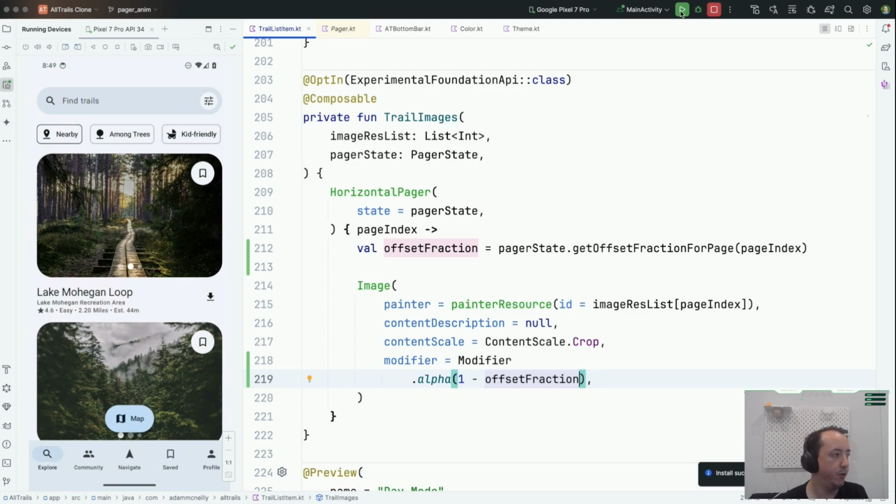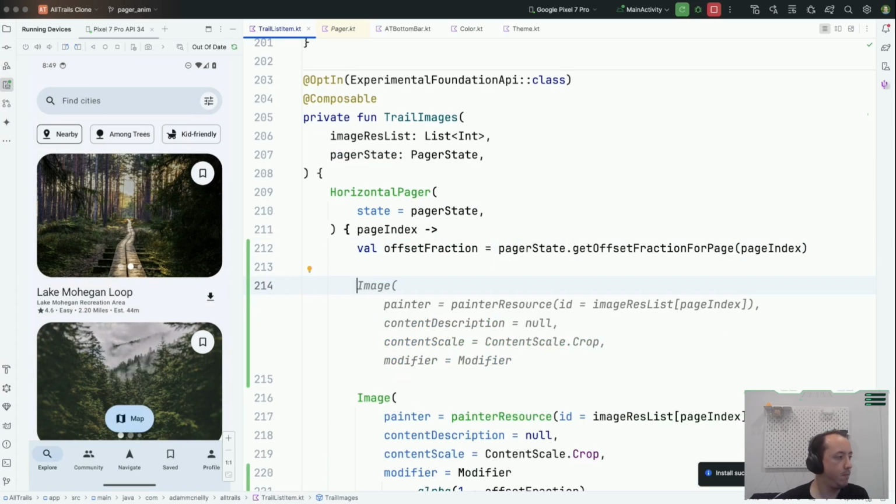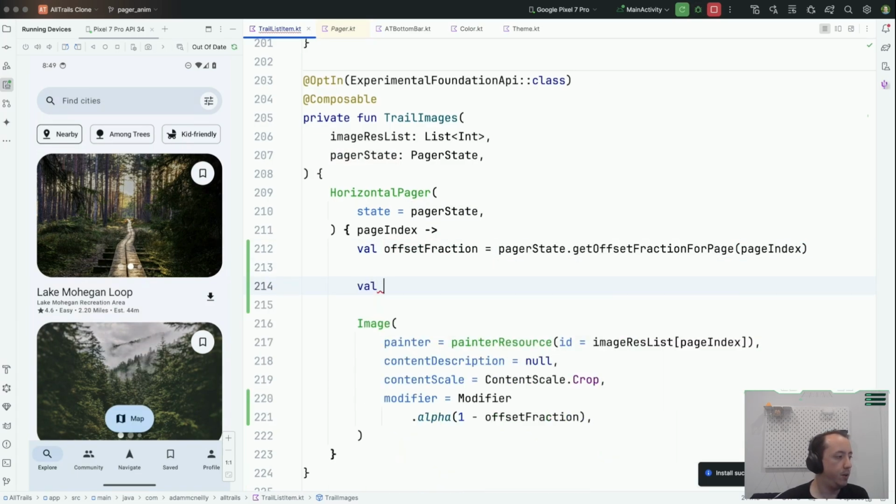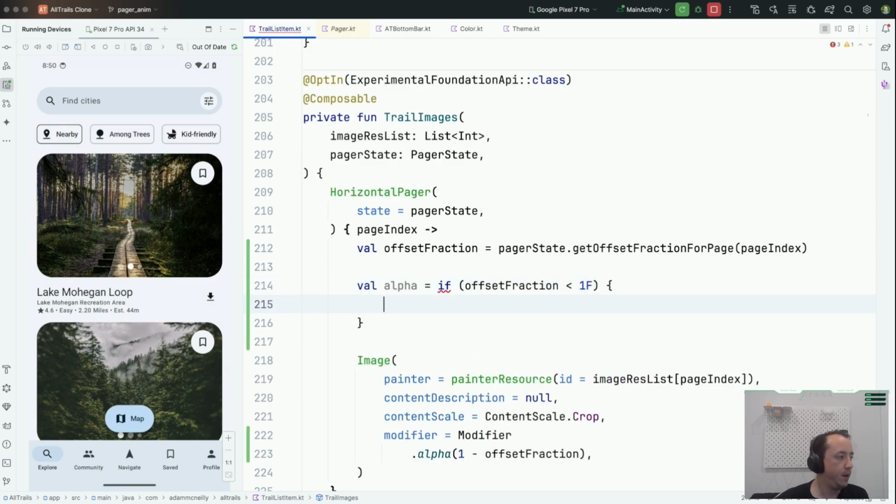What's the mathy way of doing this? Well, alpha could be, if offset fraction is less than 1, then we use 1 minus offset fraction. Otherwise,